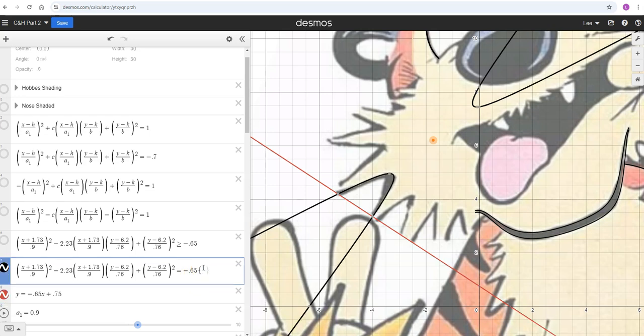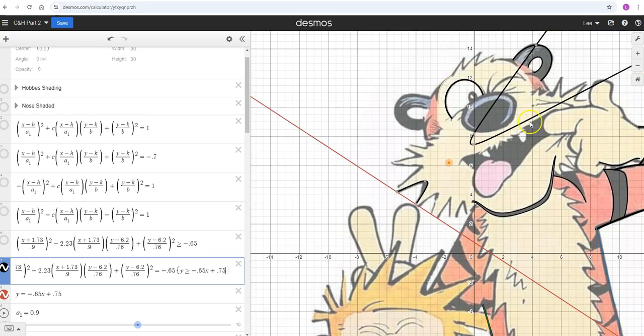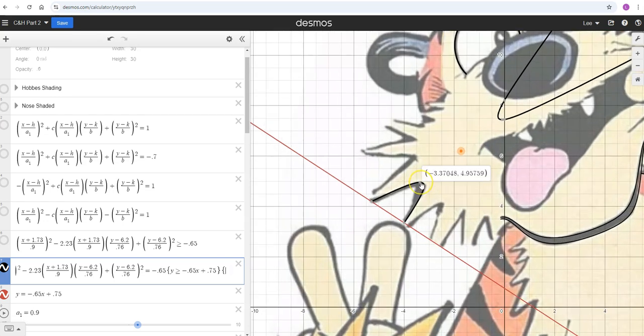So in curly braces, we want the Y's bigger than or equal to negative 0.65 times X plus 0.75. That'll give me just that piece, but notice it also gives me this other piece over here. It's way out there, so we're going to want to throw in another restriction as well. So I want only that, and I also want my Y's